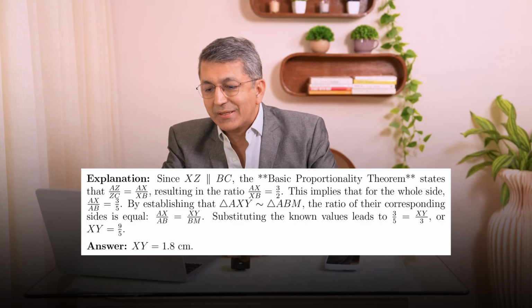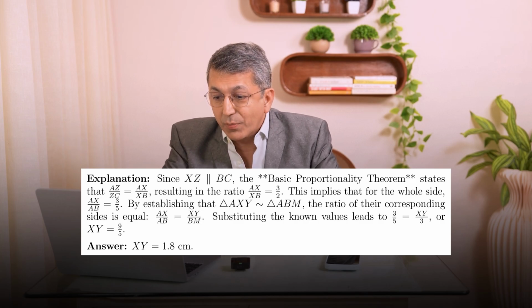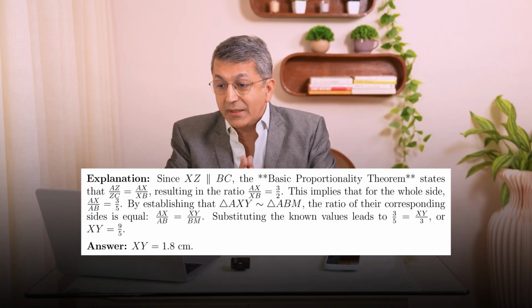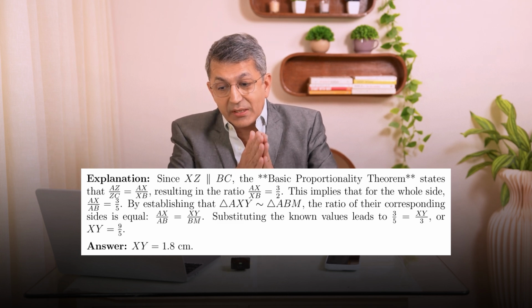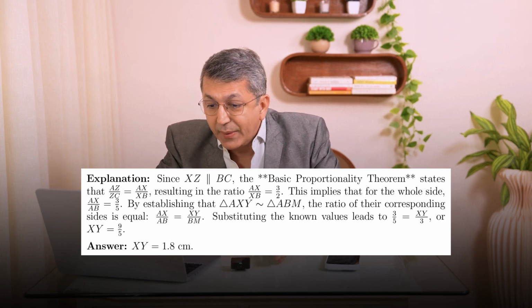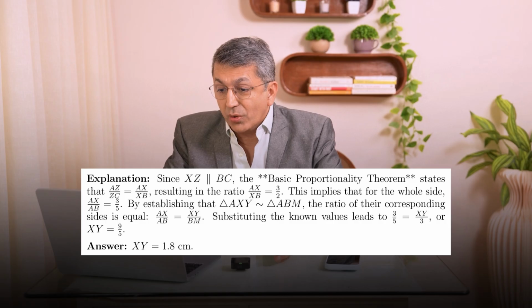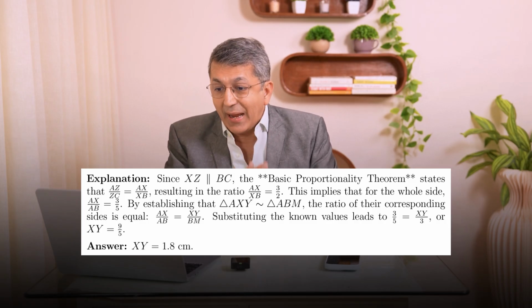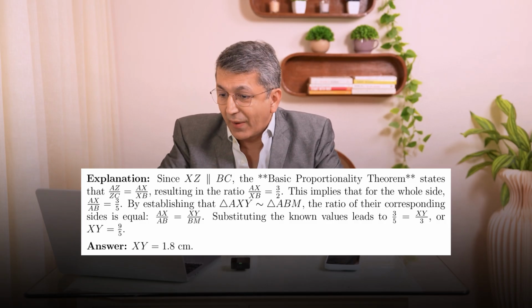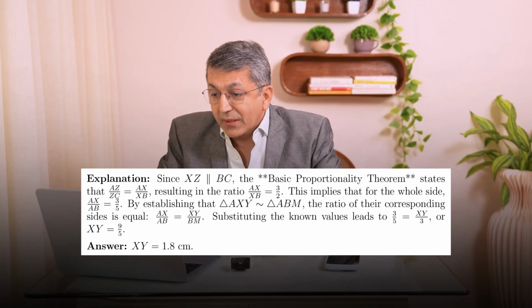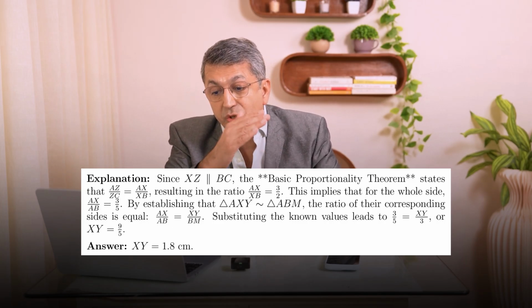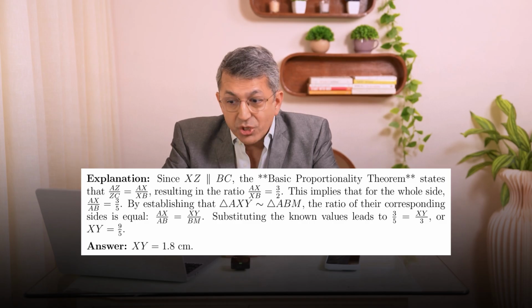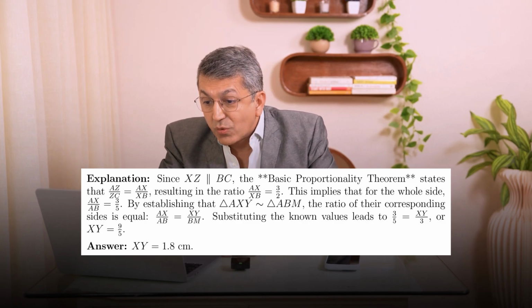Explanation: since XZ is parallel to BC, the basic proportionality theorem states that AZ/ZC = AX/XB, resulting in the ratio AX/XB = 3/2. This implies that for the whole side, AX/AB = 3/5. By establishing that triangle AXY is similar to